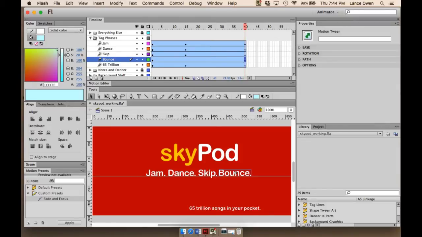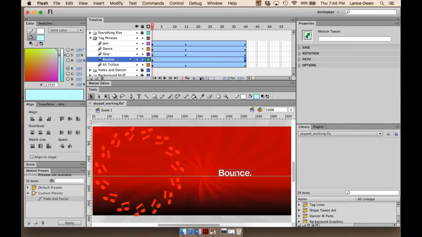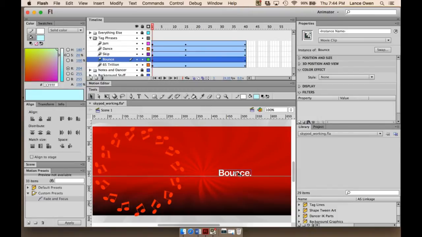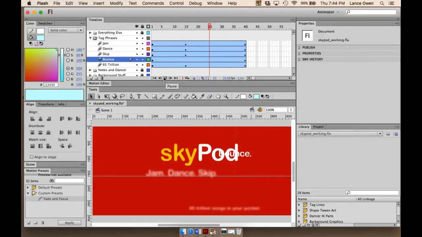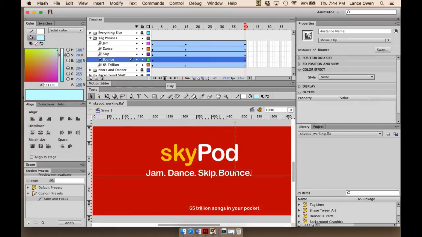Now you're going to be moving back to frame 1, and I want you to move this bounce all the way up to the top directly, and you're going to see the motion tween path, and it's not quite straight yet, so I just need to do a little bit of tweaking until it's vertical, and we're there. So what does that look like at the moment? And we have this. Okay, well, the first thing to note is that the word bounce does not bounce,